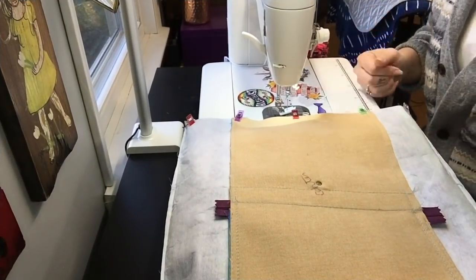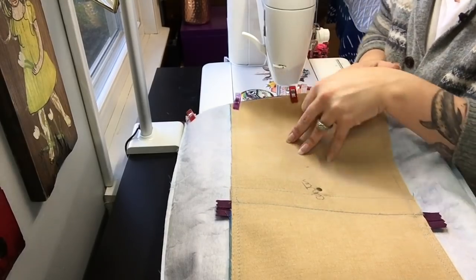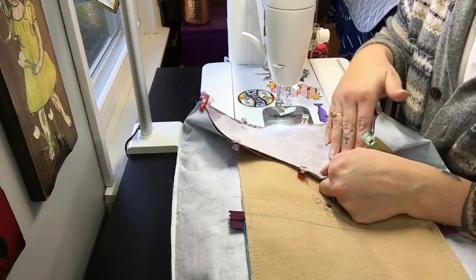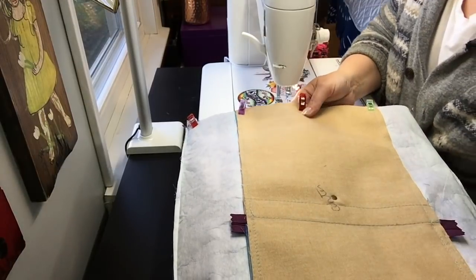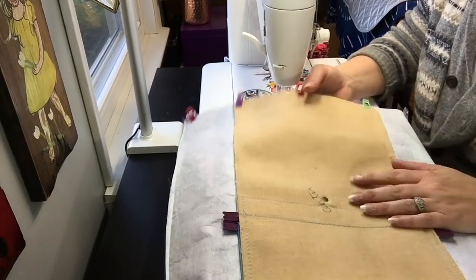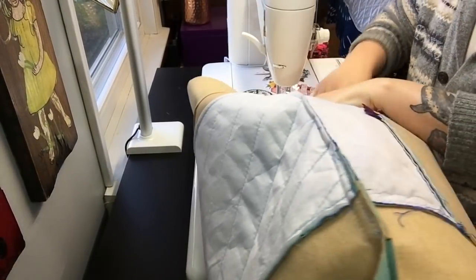Because I don't have a sailor arm machine, because that would be amazing, but I don't, I am going to stitch from the inside. So I'm going to fold this section out of the way and just stitch on the inside. The video might be a little weird. You're probably going to see a lot of the bottom of the bag, and I apologize, but do what I can. So I'm going to start on one of my seams on the side,